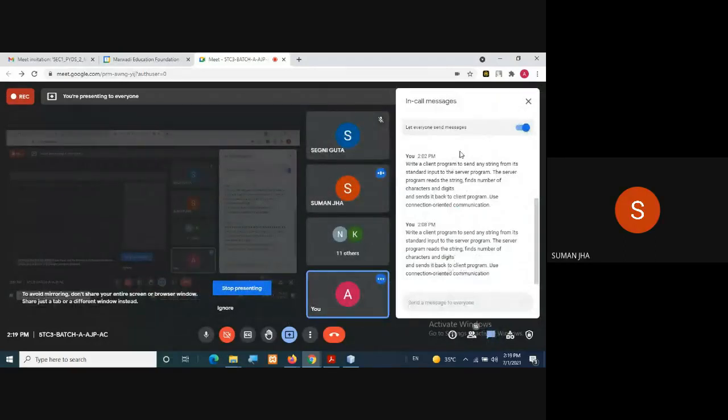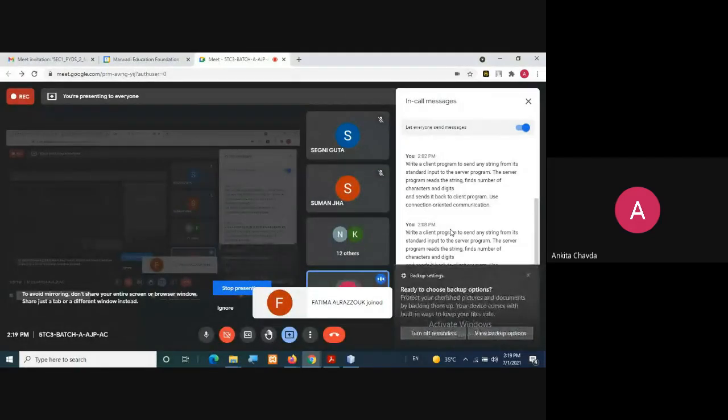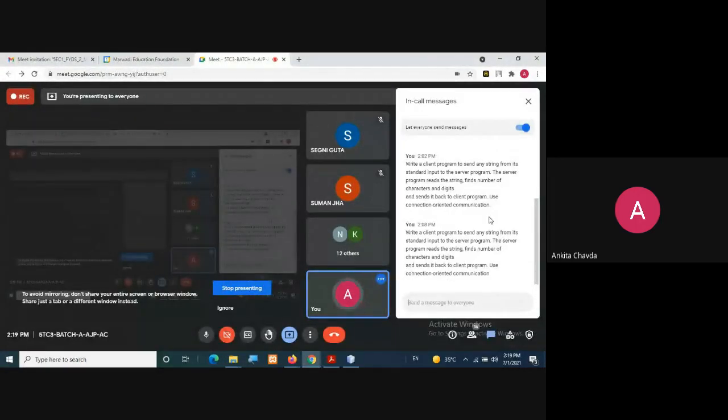Ma'am, can we use writeUTF? Yes, yes, you can. I have already answered this in the previous lab also, that in the theory session you have used two methods, readUTF and writeUTF. You can use even that. It's perfectly fine. We are having around 20 to 22 classes for this file handling. But our ultimate goal is what? To read and write. So we are having so many methods from so many classes. You can use any of these.